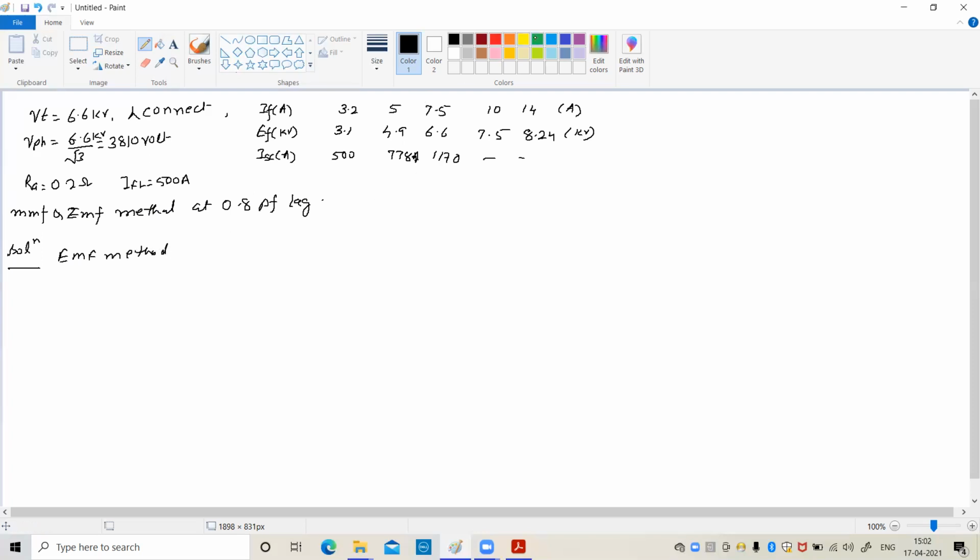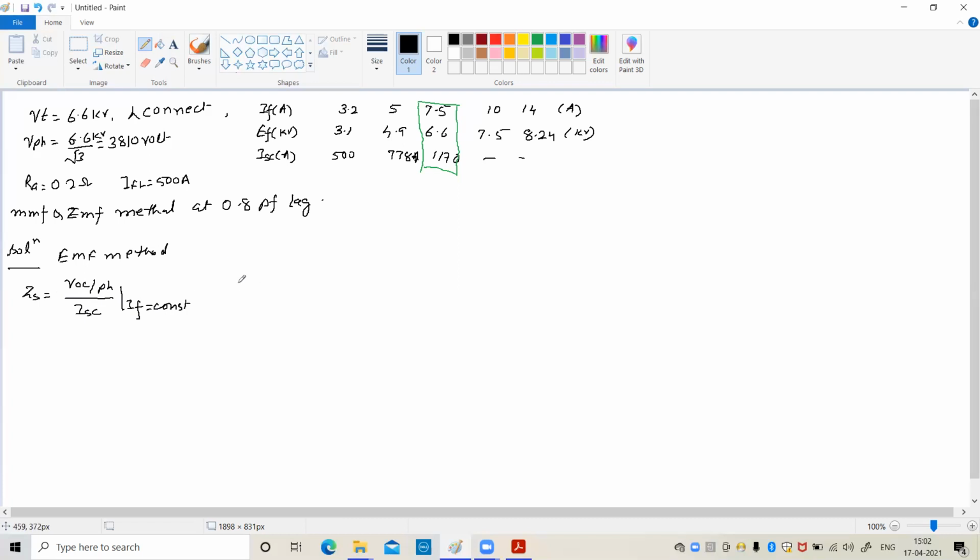In this case, this value is the rated voltage, and in this case it gives the short circuit current also. So we will calculate the synchronous impedance at this value. No need to draw the OCC and ISC. If you draw, you will find a very correct value, but for simplicity, we calculate on this given data. ZS is equal to VOC per phase upon ISC at IF constant.